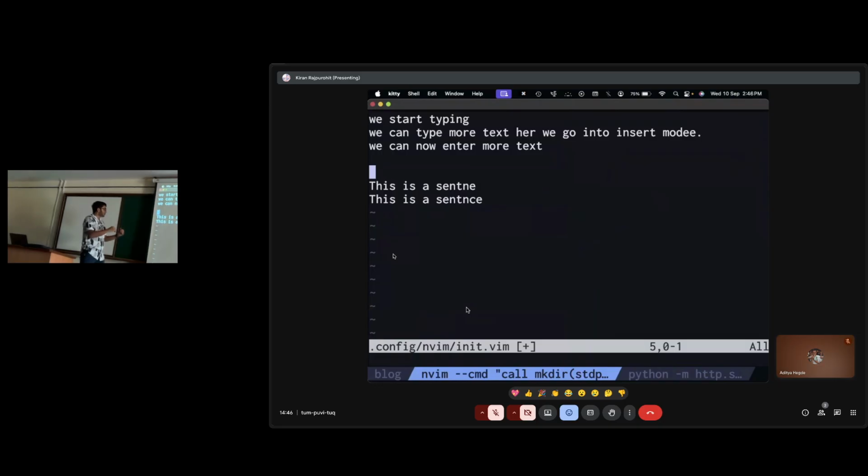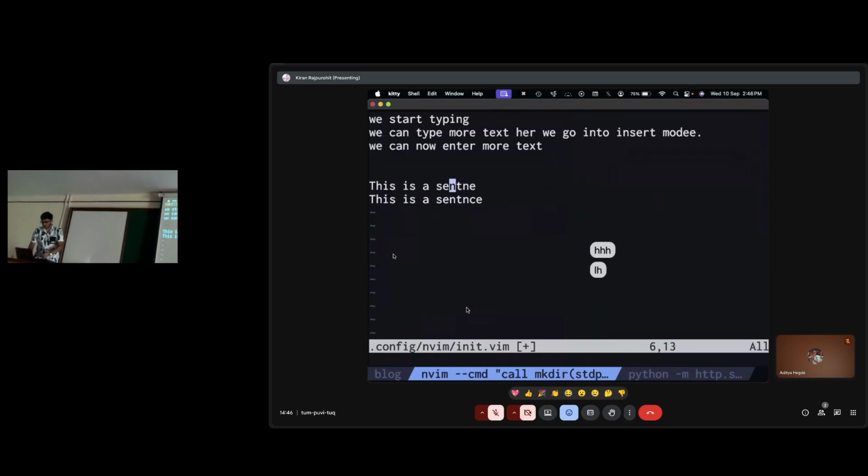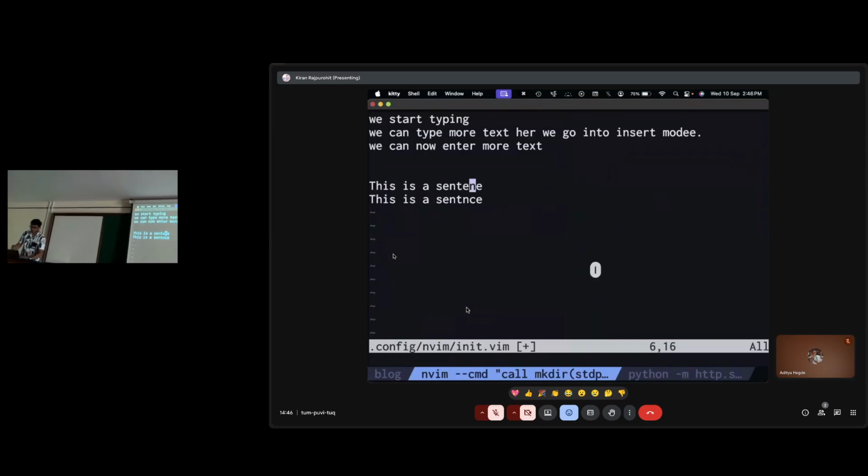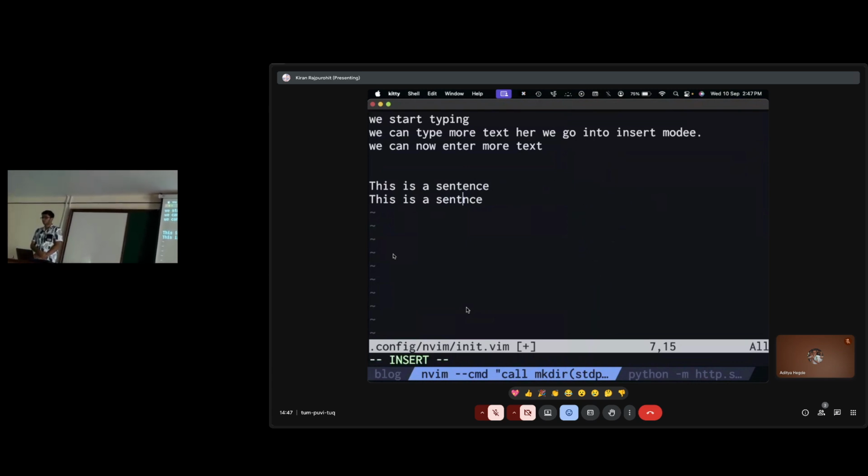Alright. So we use J to move down. We'll use H to come down. And then we'll try to fix these typos in the text. So what we can use is E, N, A. We can move to the exact position where the typo was made. Press I to go into insert mode, E, and then escape.